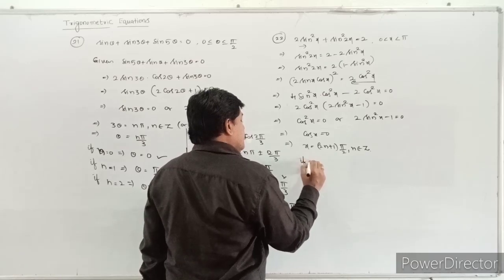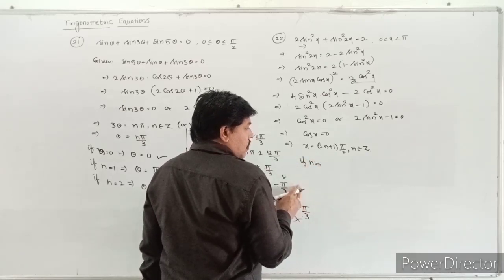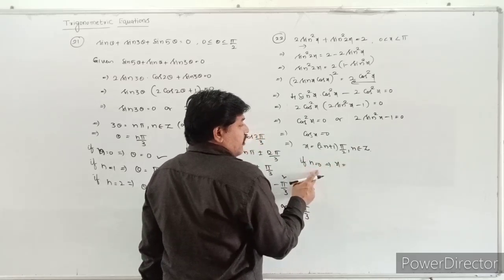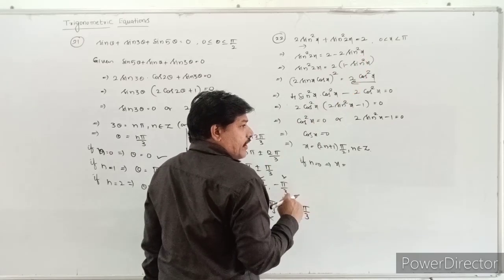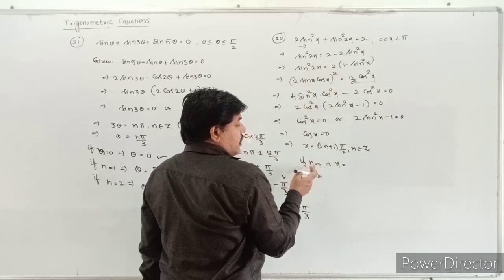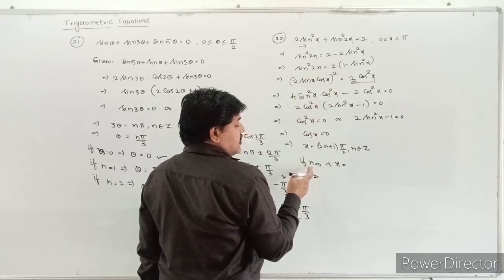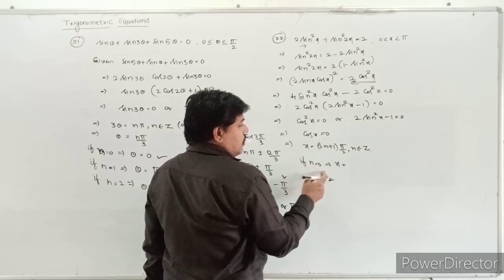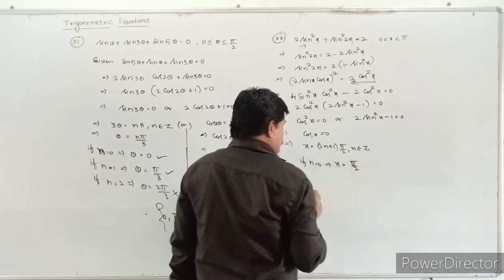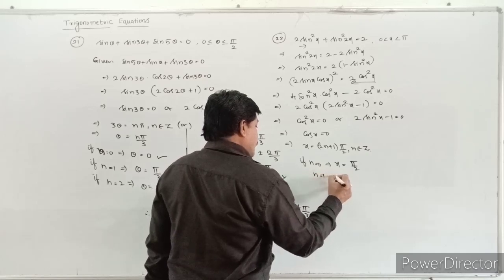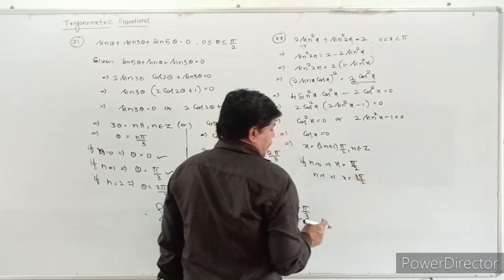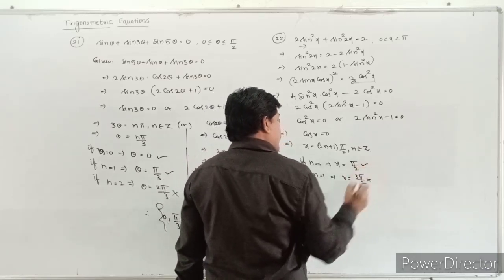If n is equal to 0, what happens? That implies x value. I am not taking the negative values because in the given interval there is no negative. That's why I am not taking n is equal to minus 1. If negatives were also given, I would take the minus also. Here they have given 0 to pi only, the positive angles only. That's why I am starting with n is equal to 0. If n is 0, then x becomes pi by 2. If n is equal to 1, x becomes 3 pi by 2. So 3 pi by 2 is not there, so you can take pi by 2.